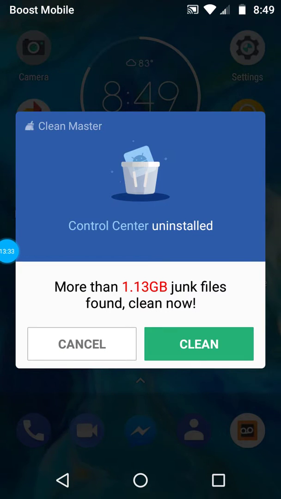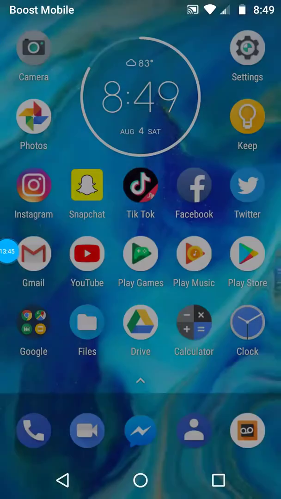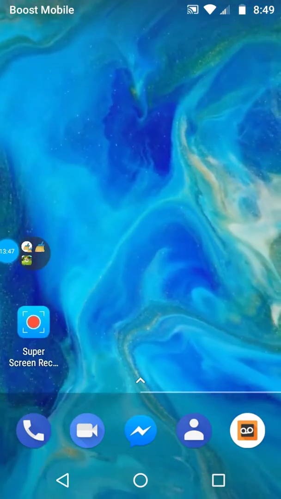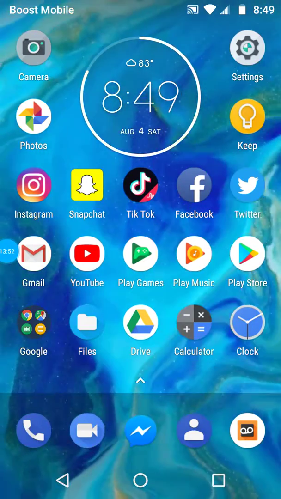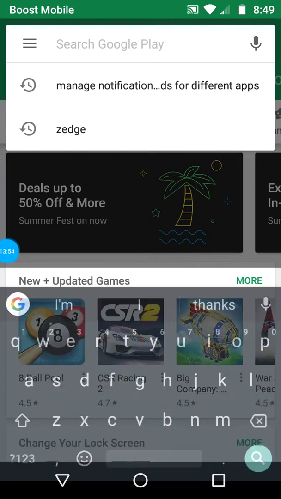I would recommend turning it off if it asks you to have access to your phone build and things like that. I do have a clean manager on my phone. Ignore that, guys. That's just to clear cache and things like that. It doesn't matter. So